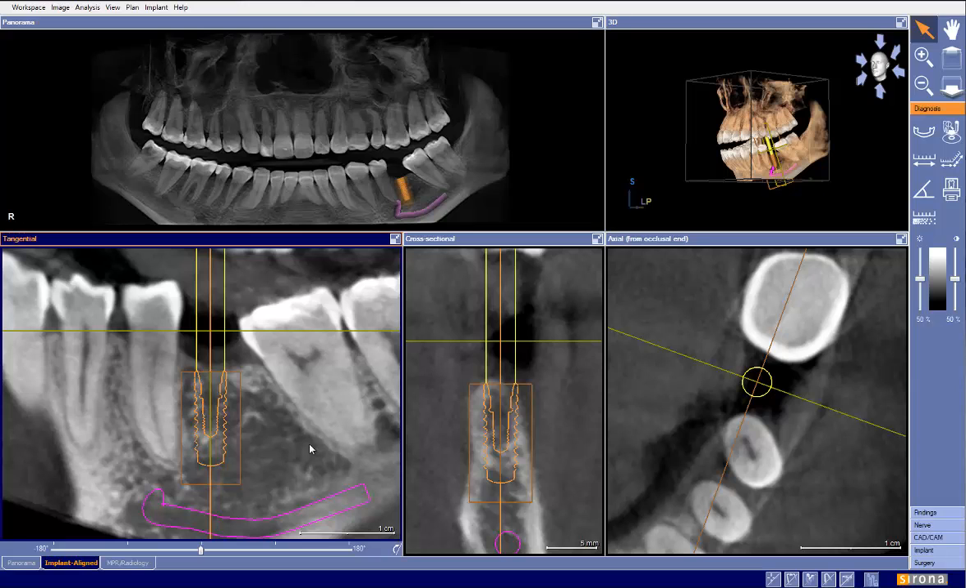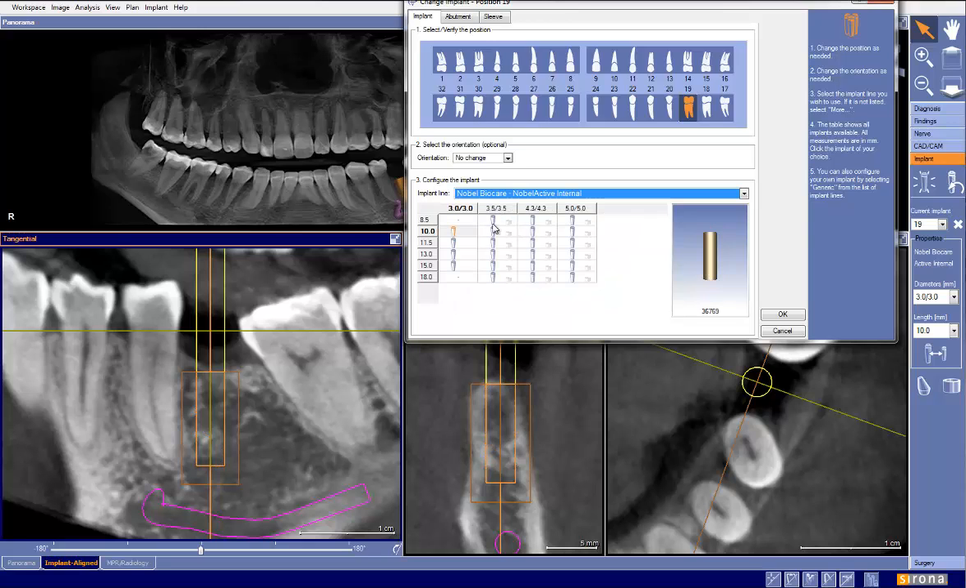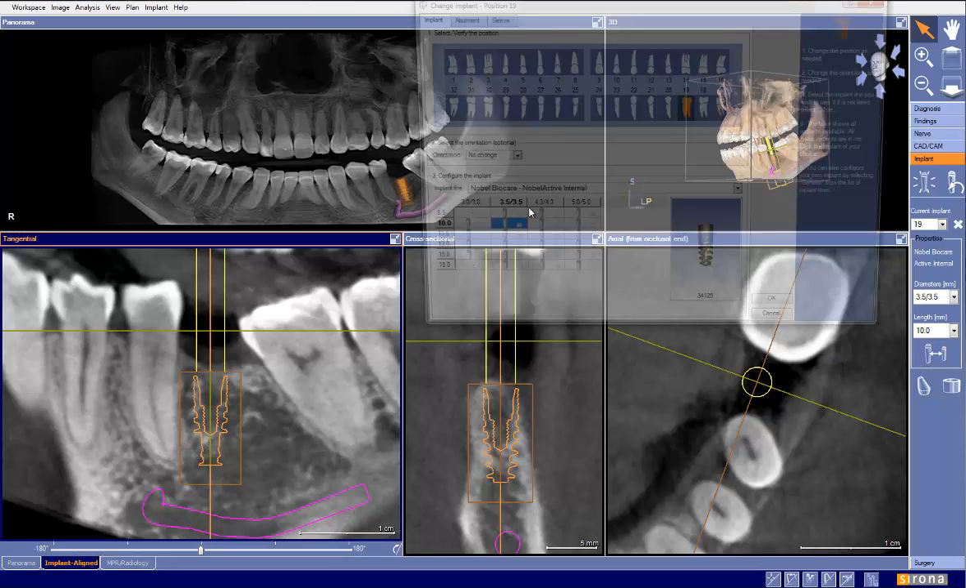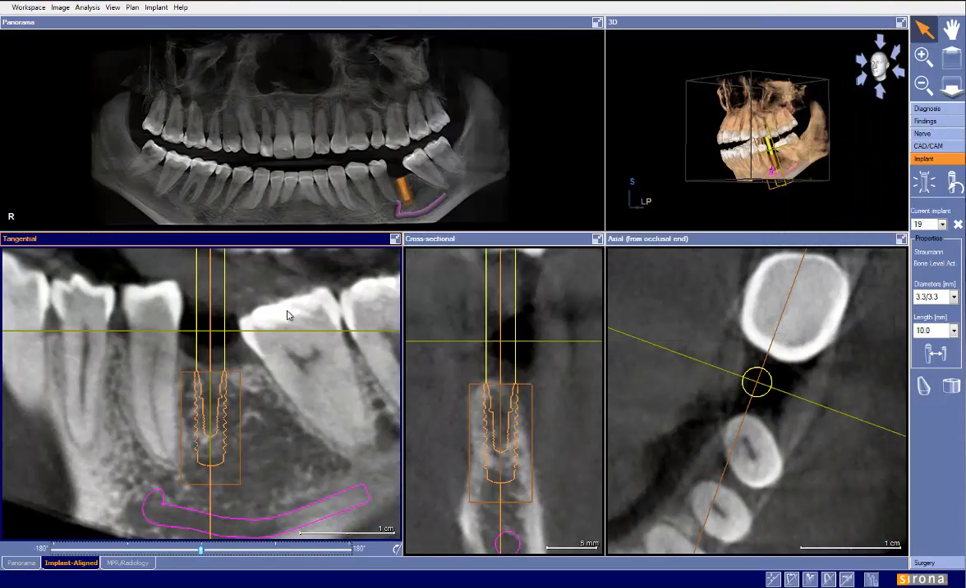So the Straumann implant is a relatively straight implant. If we were to use a traditional tapered implant, like say the active implant here, we could see that we'd actually have more room here at the apex of the implant. But let's go back to the bone level Straumann implant. And we can see that,